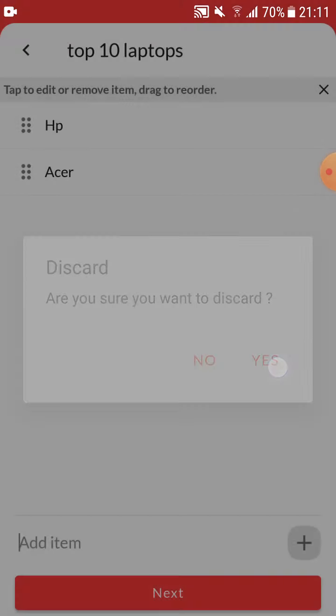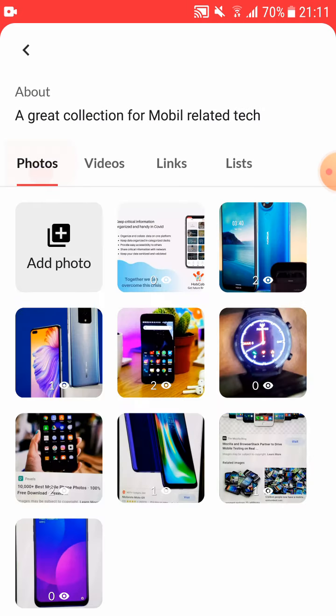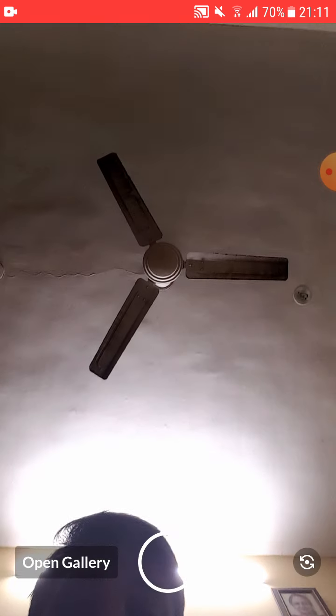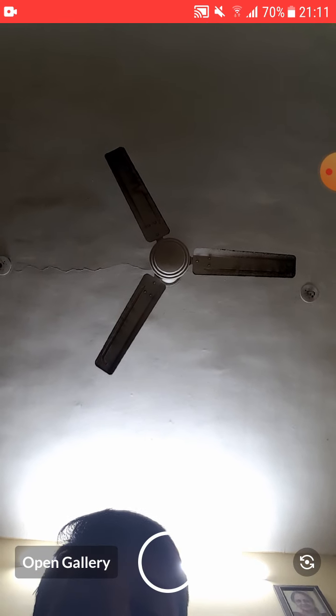I can add a photo by clicking on this add photo. I can click a photo directly from the camera, or open the gallery.